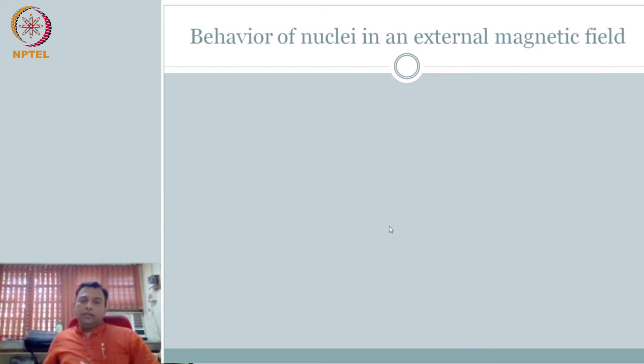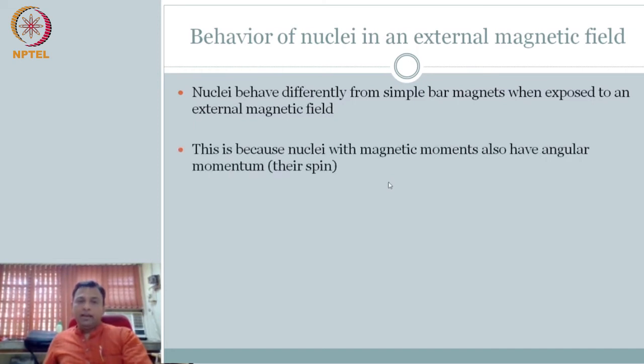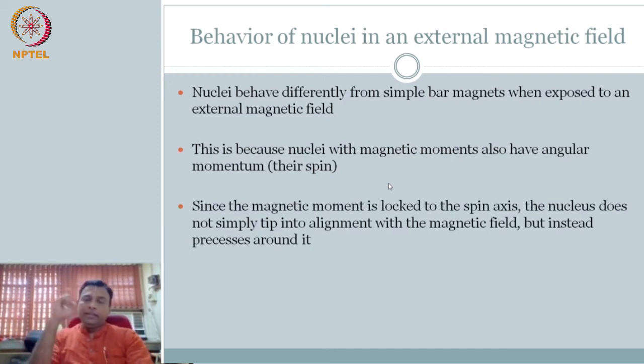So a magnetic dipole therefore experiences a torque that tries to turn it in the direction of the field, right? The interesting aspect is, unlike a bar magnet, this doesn't directly come and align nicely in your external magnetic field direction, because it has angular momentum. Because of the angular momentum, it doesn't actually align. It is spinning around the axis, so it doesn't come and align itself, right?